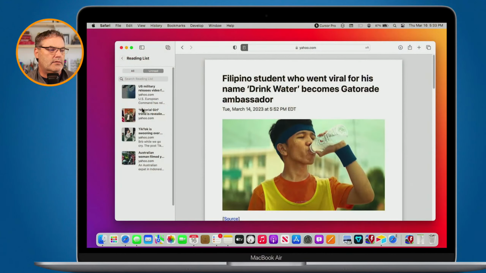So when you're done reading them, how do you get rid of them? Well, they're going to be in all. So let's just go over to my Mac, and if you want to get rid of them, what you can do is just swipe to the left and remove it. It's just another bookmark. If we go over to the iPad,